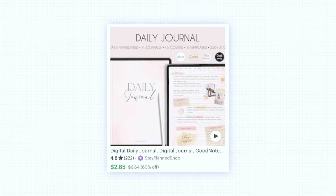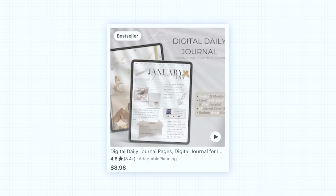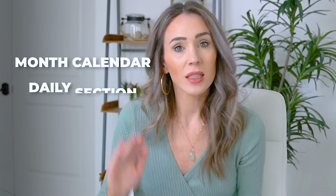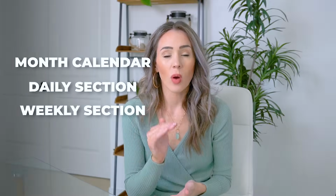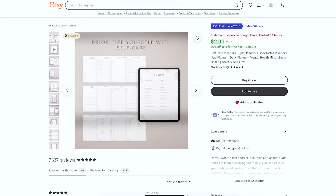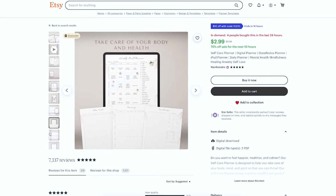And by that, I mean showcase the utility. They need to see what they're buying. What do the pages look like? What are the range of pages? I would pack in a range of different pages, maybe the main month calendar, the daily section, the weekly section, right? So all the different sections of the planner, showcase that in your thumbnail. So your thumbnail might be a collage or a spread of like 8 sheets that are represented in